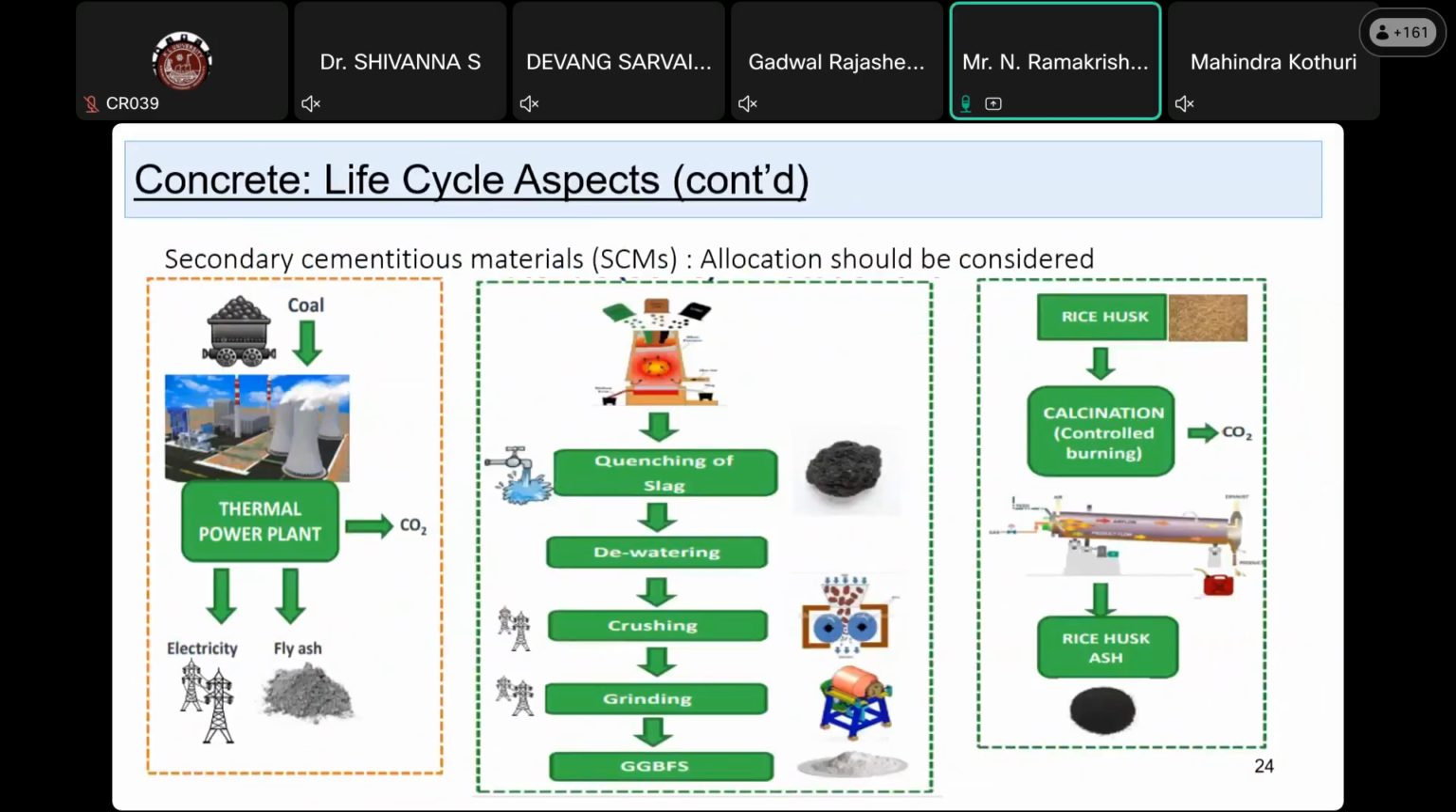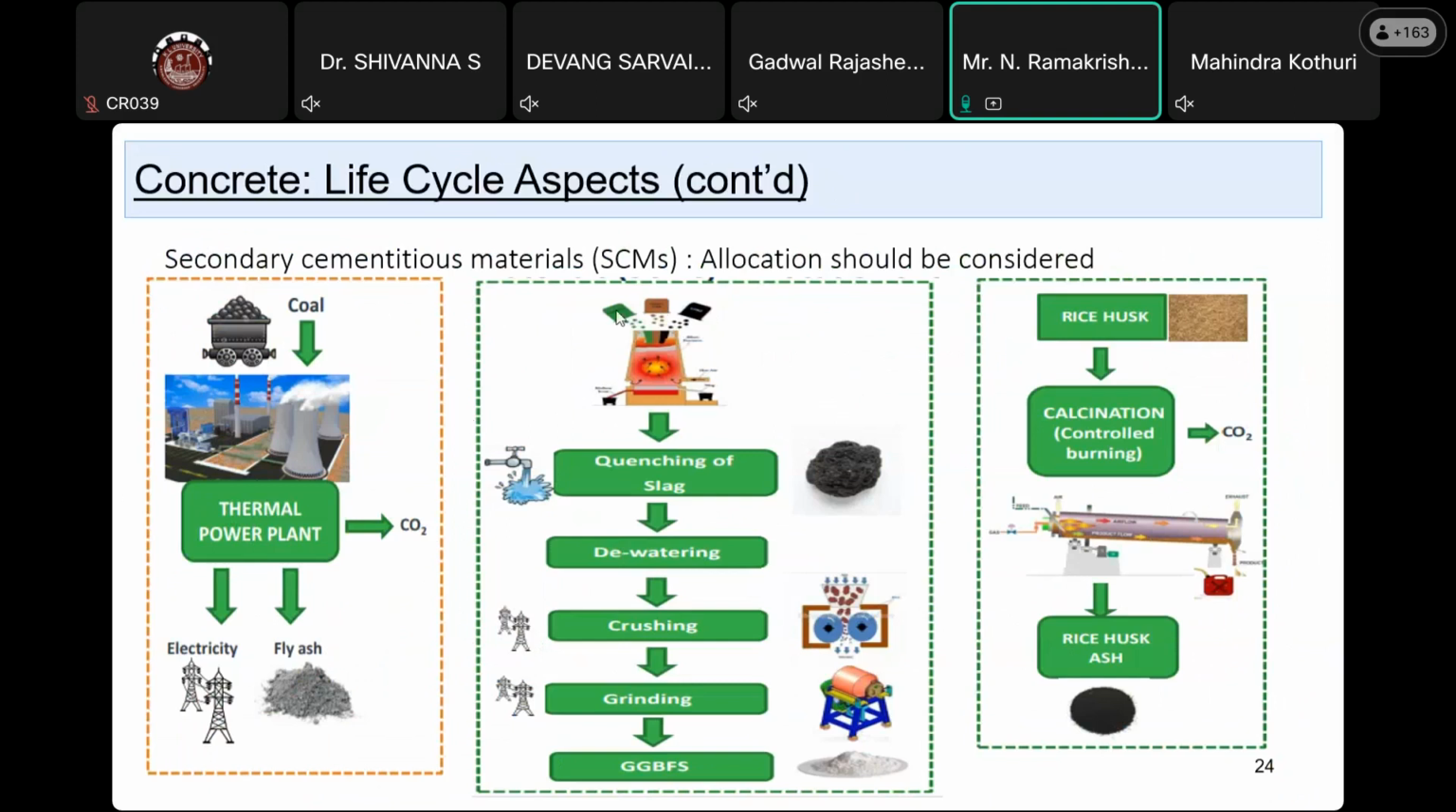Yeah, secondary cementitious materials, SCMs, you are going to use. So we are talking about coal here, and GGBS you are going to talk about. Rice husk ash also we are going to talk about. So this is the fly ash from thermal power stations. As I told earlier, 60 to 70% of the electricity you are going to get from thermal power stations. So the raw material uses coal, C class or F class, and the end product or byproduct is fly ash,